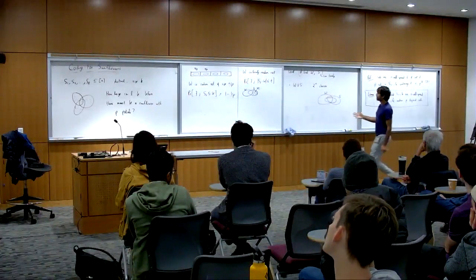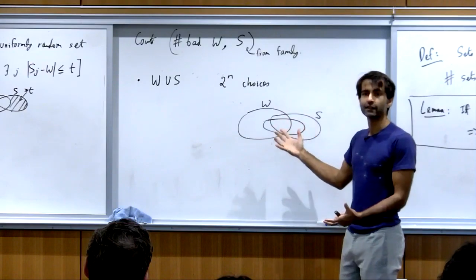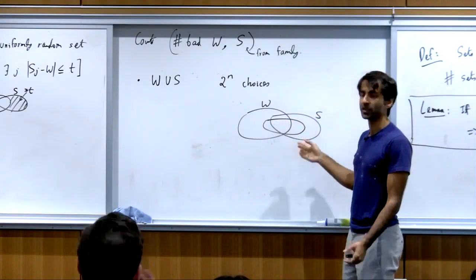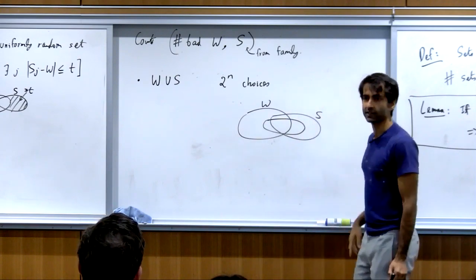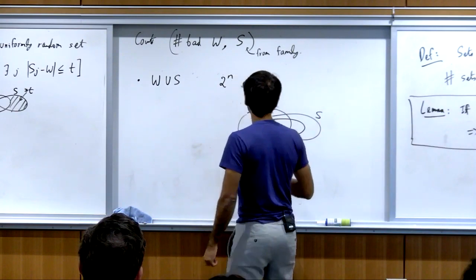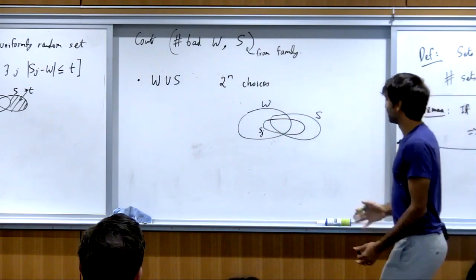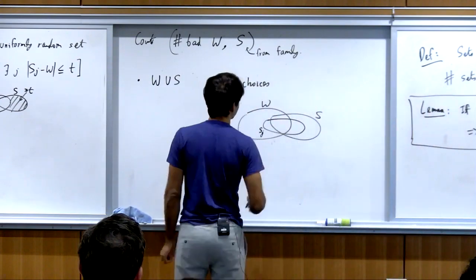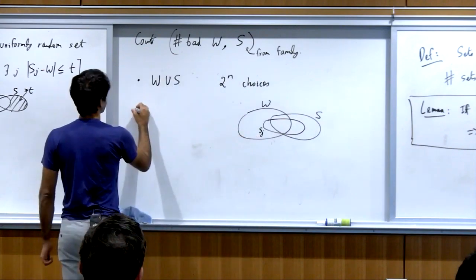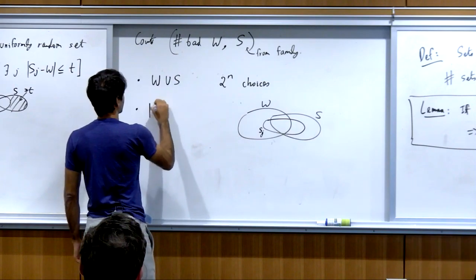So once you know W union S, you can determine at least one set, if you just find the first set in the family that falls inside W union S. There has to be one set because S itself satisfies this definition. So let's say this set is Sj. Sj may not be equal to S. But the key point here, okay, so now that I've determined Sj, we'll look at the number of choices for Sj